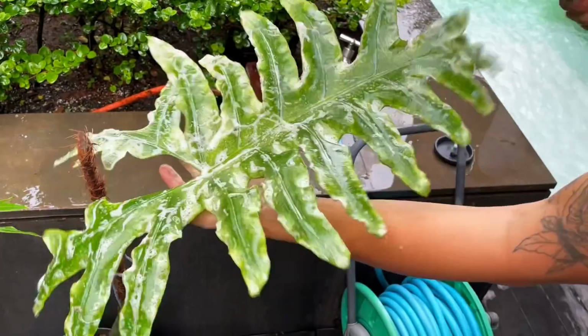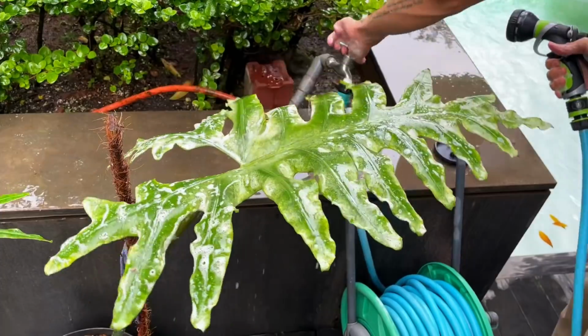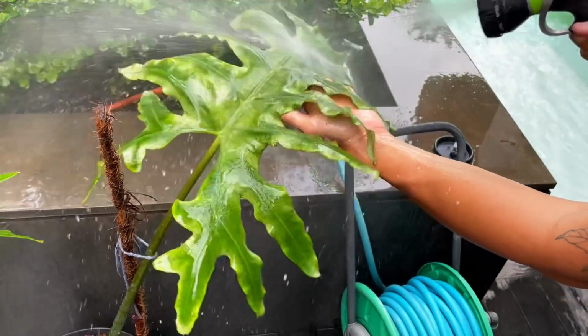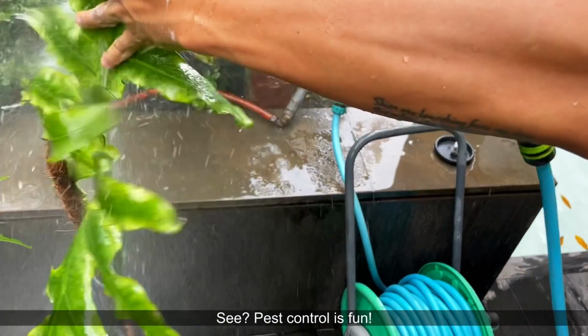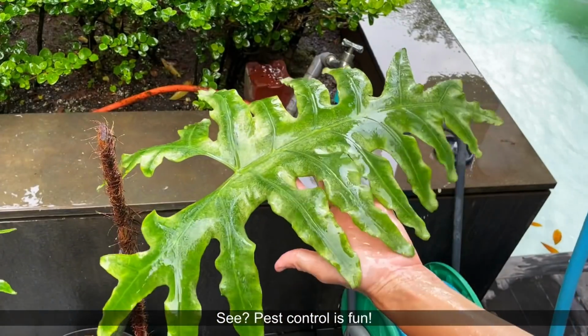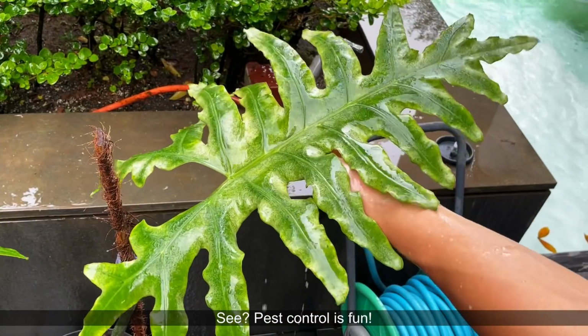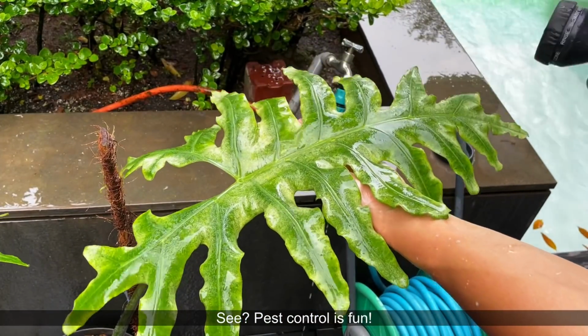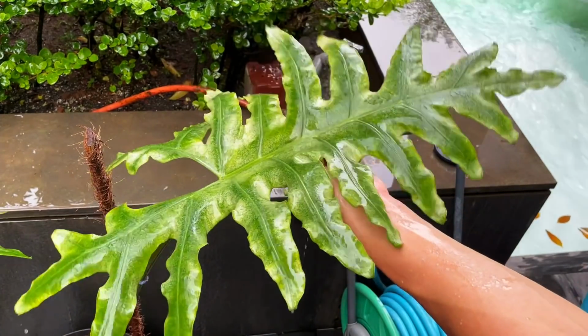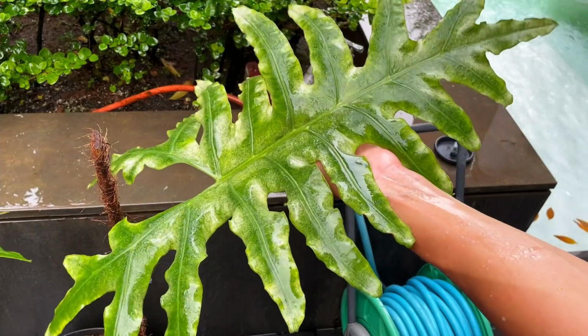So there's that. I'm gonna rinse this off. Forgot to turn this on. Again, if you don't have this, you can use any kind of insecticidal spray. You can use neem oil, chemicals. There's so many things in your area. So do check with your plant store or garden store or other plant hobbyists to find out what they're using